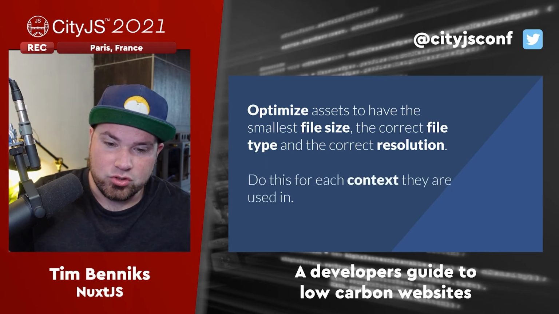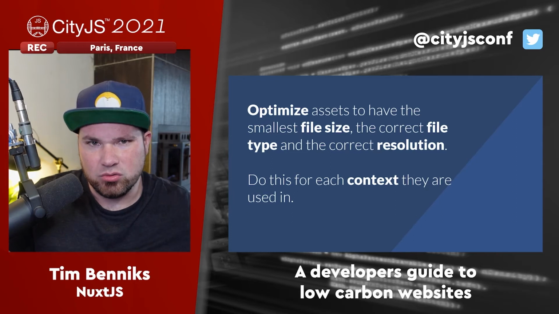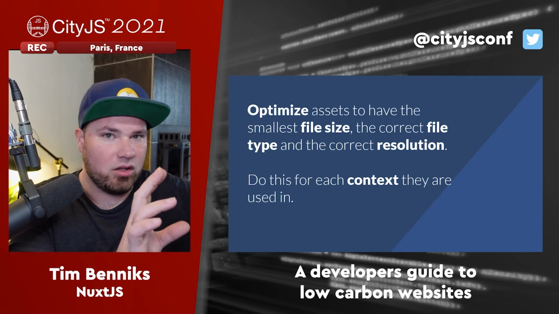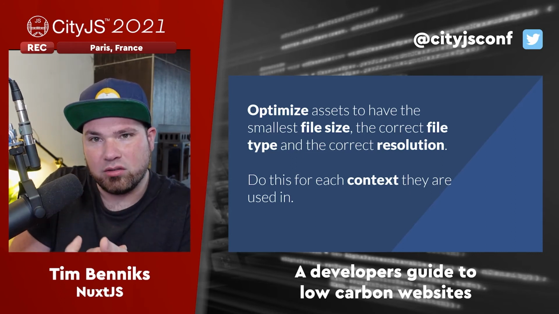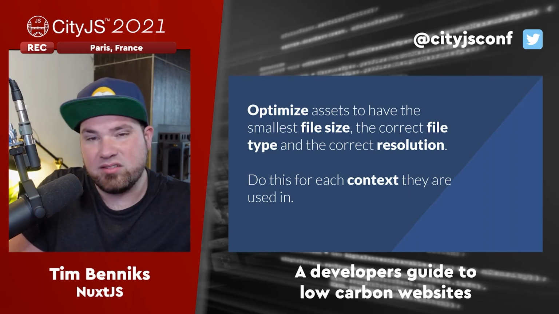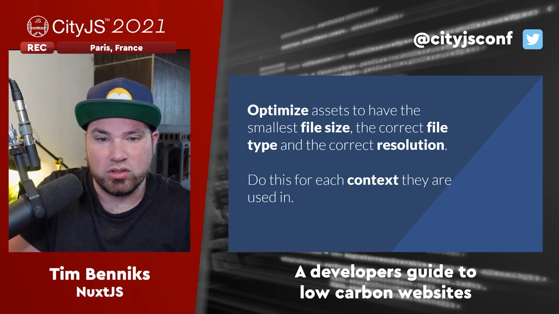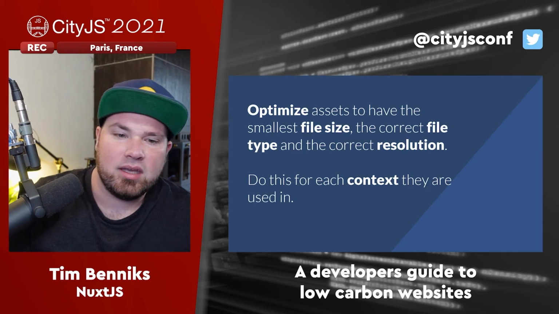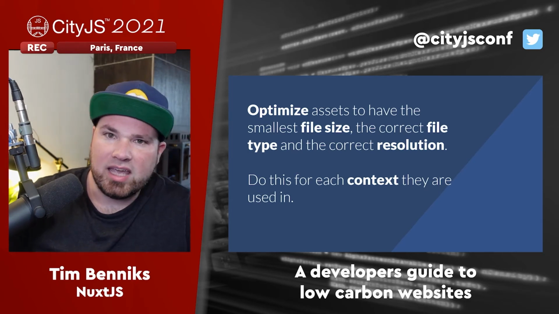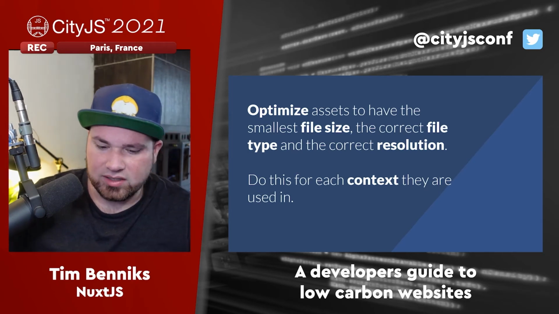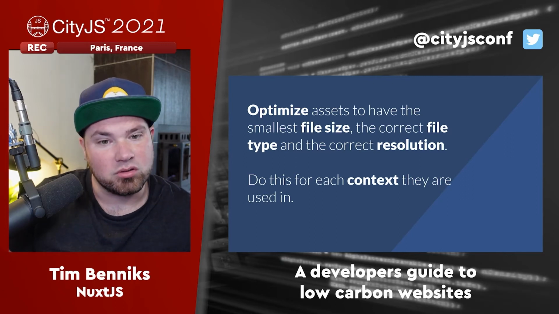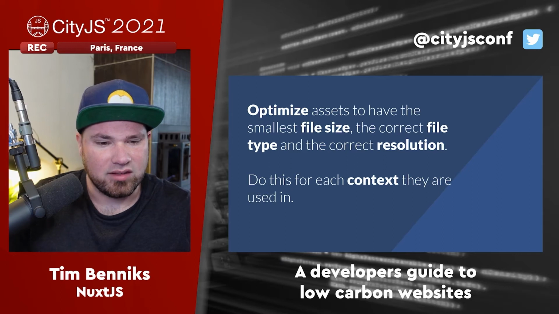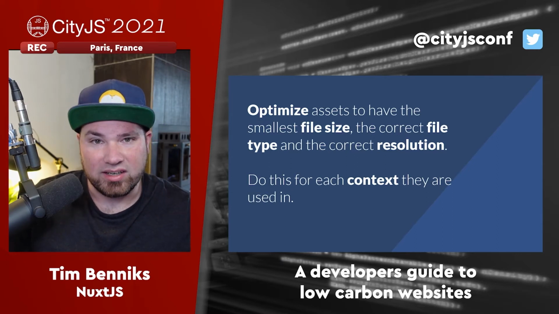And of course, you do this for each context the image is used in, because at one point it can be a big hero banner, and at another point it might be a little product tile. That might be the same image, but it's a different context, so it needs to have a different file type maybe, or different resolution, things like that. And file type, I mean an AVIF or a WebP or something like that based on the device of the user, right? That's also context, because an iPhone is a different context than my desktop that I'm recording this on right now.